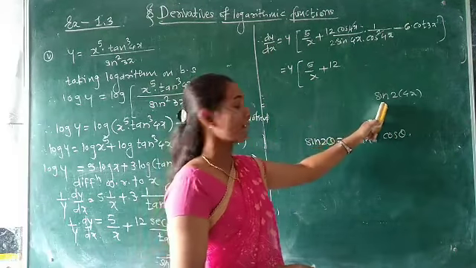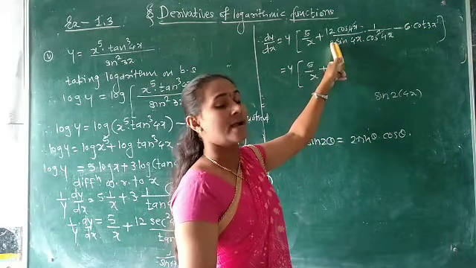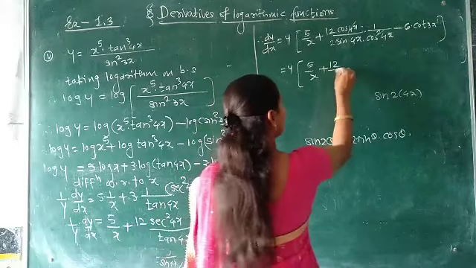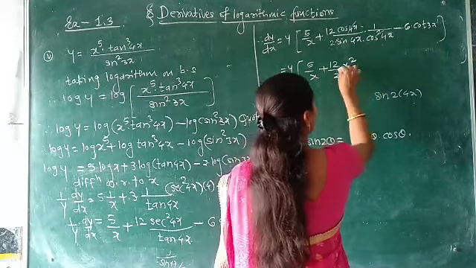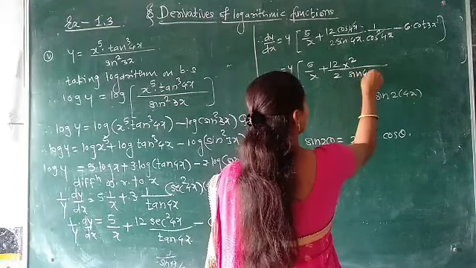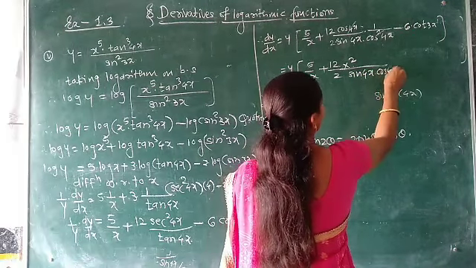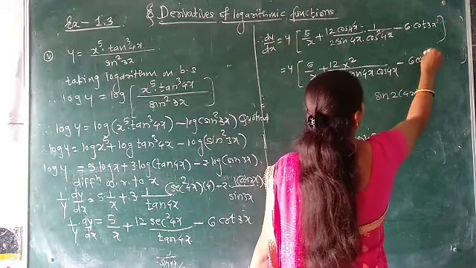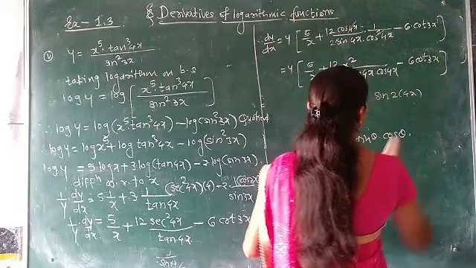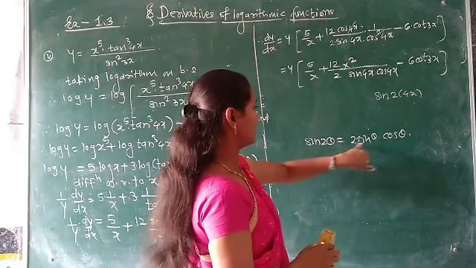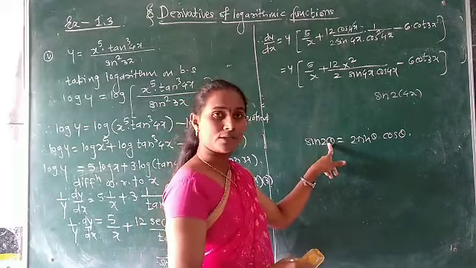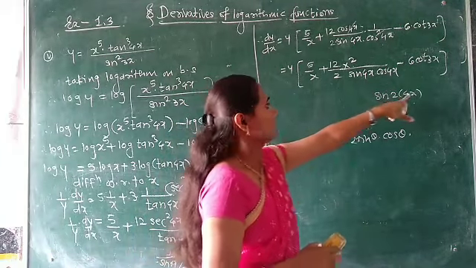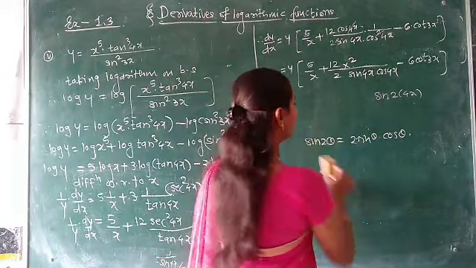Since there is a 2, we adjust it by multiplying and dividing by 2, with sin 4x and cos 4x as it is, minus 6 cot 3x. Now this 2 sin theta into cos theta is equal to sin 2 theta, but here the value of theta is 4x. So our angle becomes